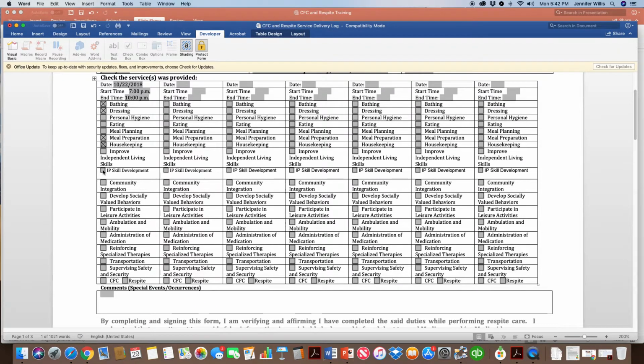Say that we're going to always check off IP skill development. Anytime that you provide any services, we are always providing IP skill development, because this simply means that we're working on the goal or goals that the state or their representative, case managers and so forth, have created, and you will know what those goals are. So you are always supposed to be working on those particular goals. So IP skill development, always checking off during the time that you